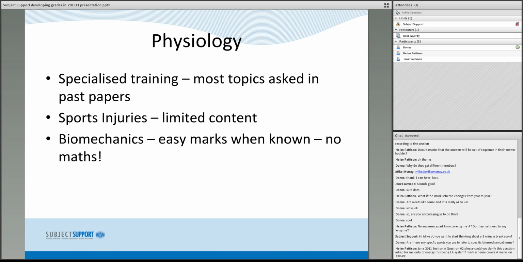Yeah, Helen, the simplistic notion was, and I remember the question quite well. It wasn't me that wrote it, so I can say what I want. It asked for the majority of energy being produced in the lactic acid system, but essentially there wasn't enough marks. And in a gymnastics routine, the decision was that part of that must involve maximum exertion of the muscles, and therefore maximum force of contraction, and therefore maximum rapid supply of resynthesized ATP, and therefore the ATP-PC system must have